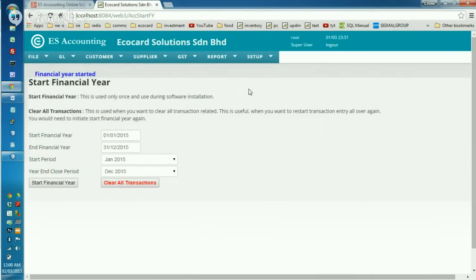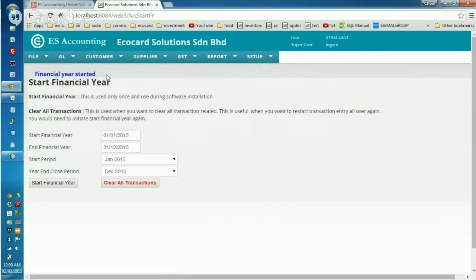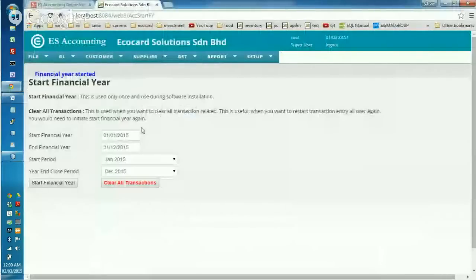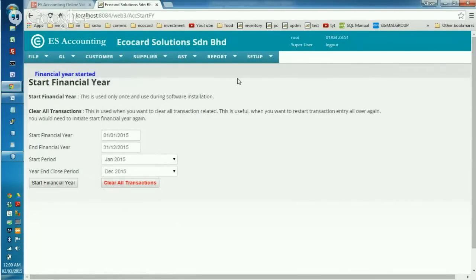So what I've done is that I've just started the financial year. Now I'll move on to the next topic, which is reset financial year. To reset financial year, you clear all the transactions and select the start financial year and click this button, and you repeat that all over again. So I've started my financial year. That's the first thing that you should do. And the next thing is that